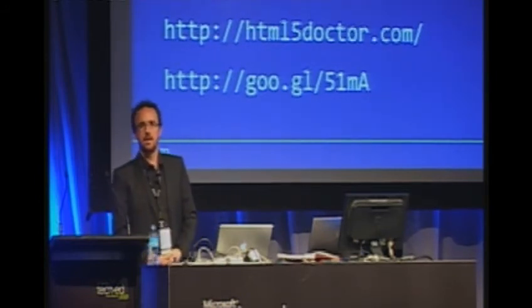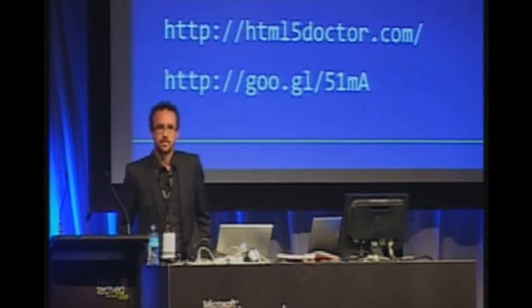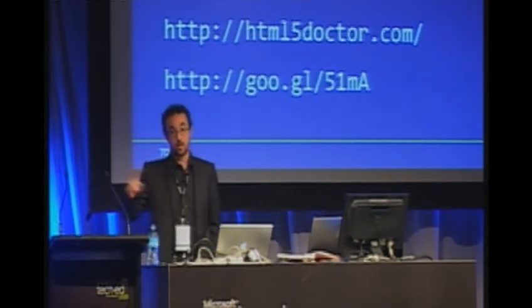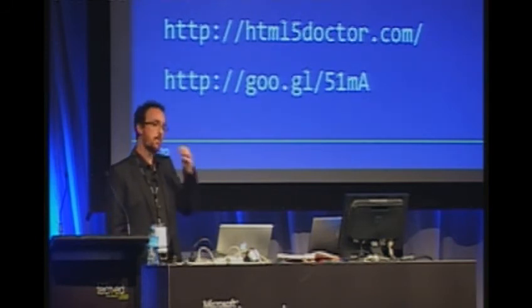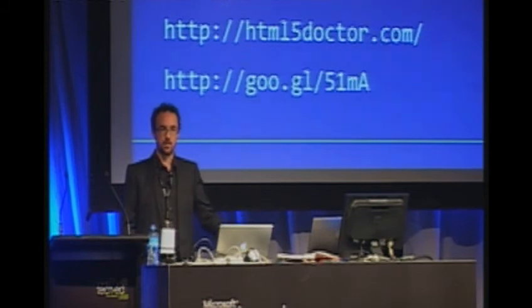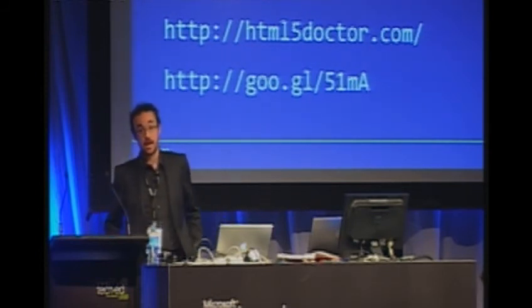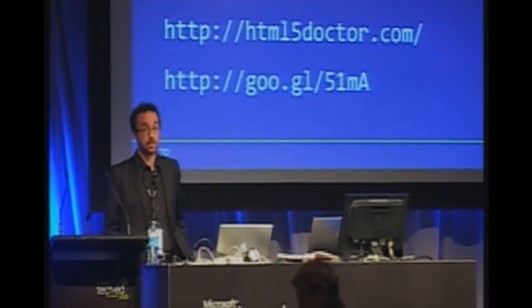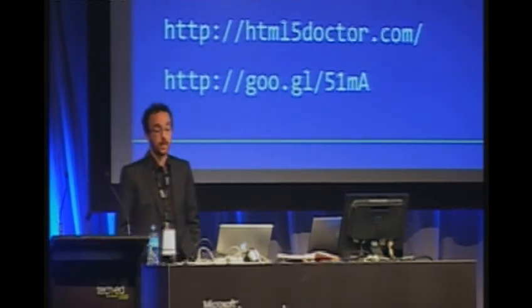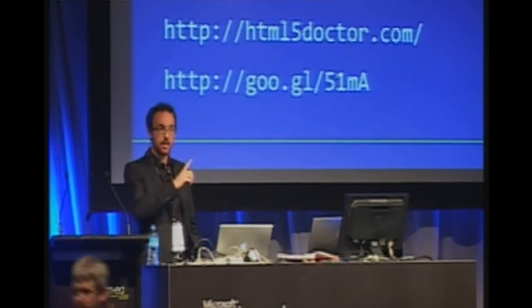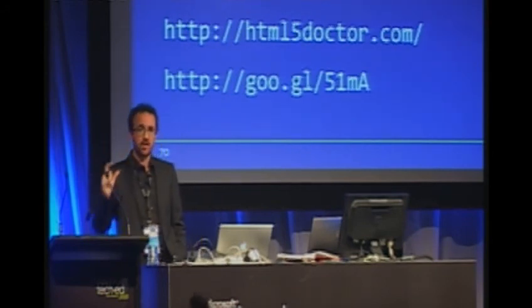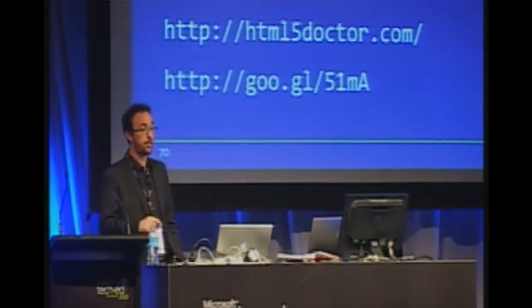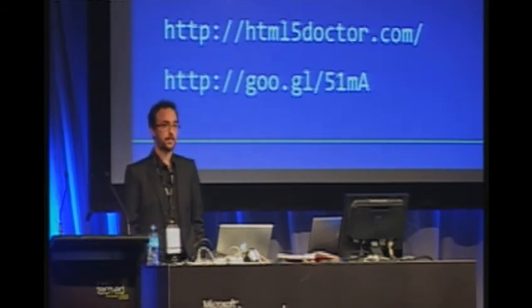Yes? You can still jump into Quirks mode. Is that what you mean? The question is, can you change the box model with CSS3? I'm not sure. I haven't seen anything about that, but I'll be sure to check it out because that could be useful. It's worth noting as well that the doctype for HTML5 looks nothing like the other doctypes, but it is very valid. It won't cause your browser to jump into Quirks mode, so you can use that as well.